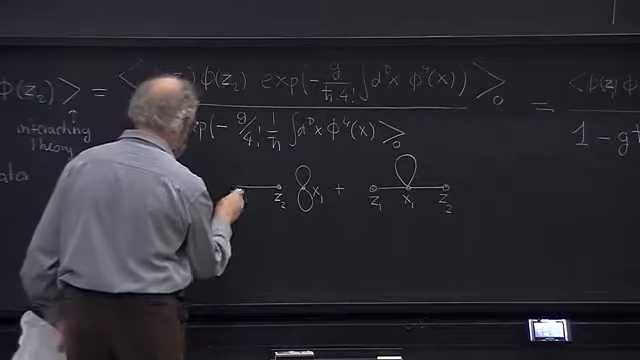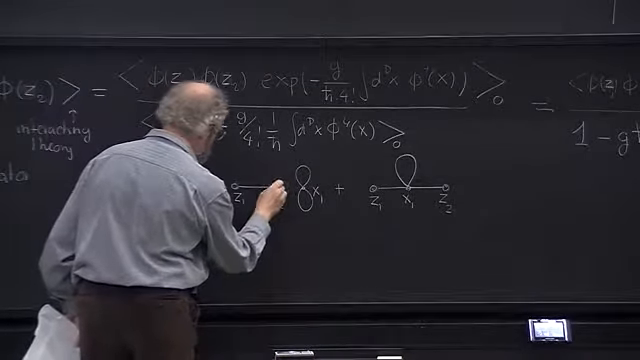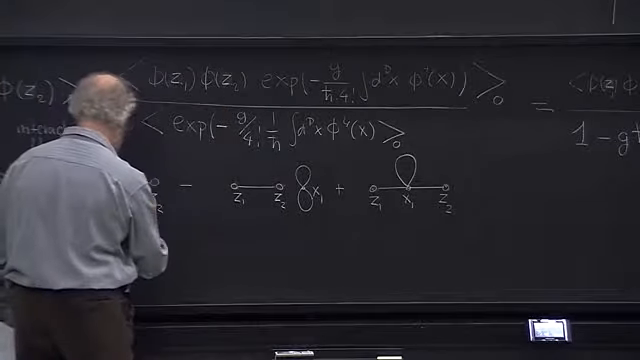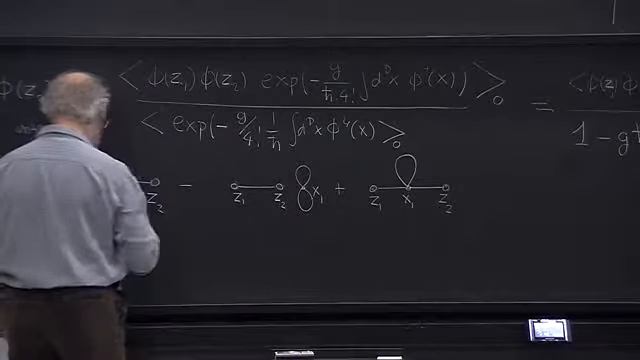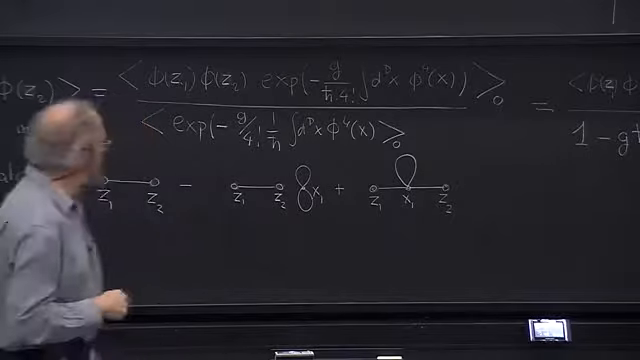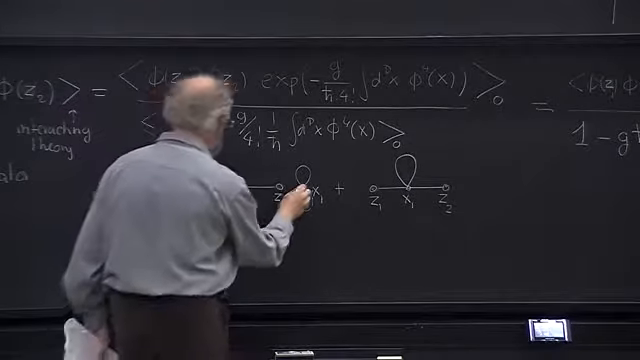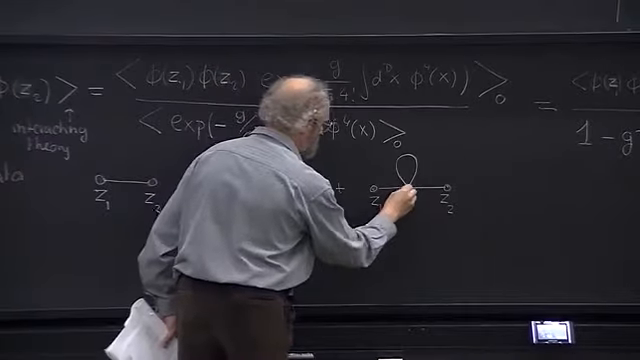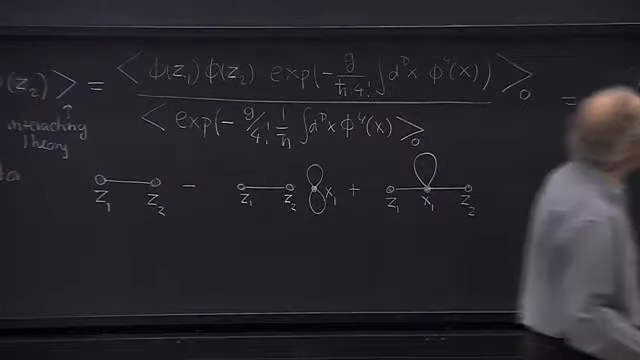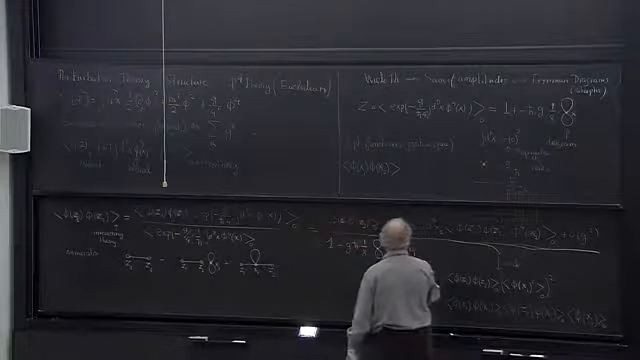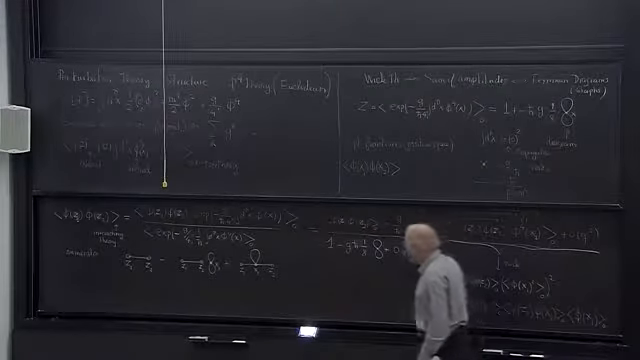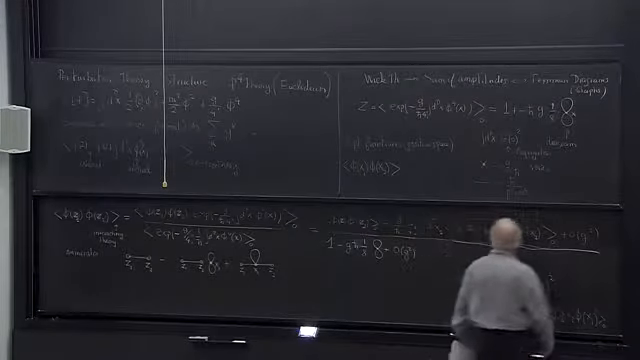So these are external vertices. With my convention, I draw them as hollow circles, and this is the internal vertex. Okay? And with these rules, we integrate over the position of the internal vertex. There is an integration here. Okay? So now, of course, you have